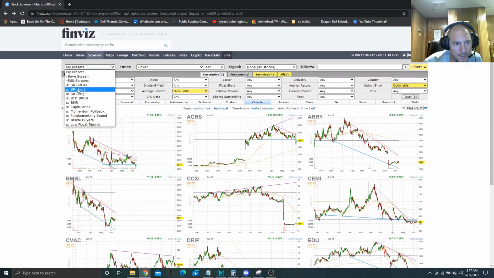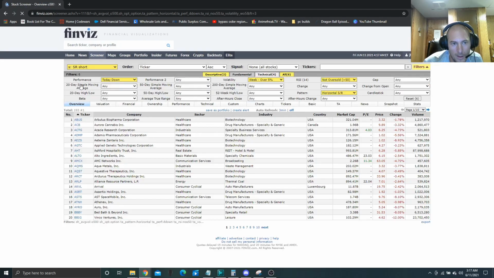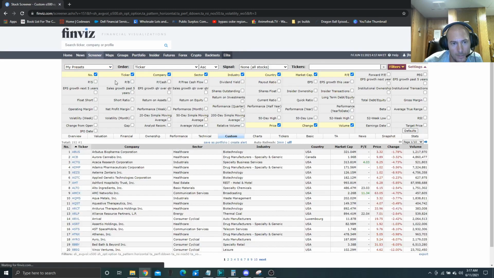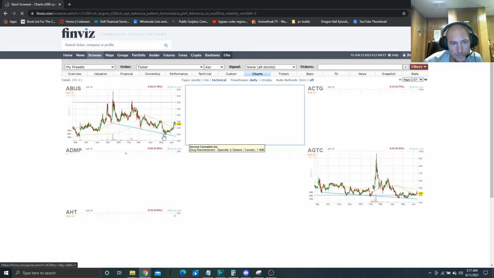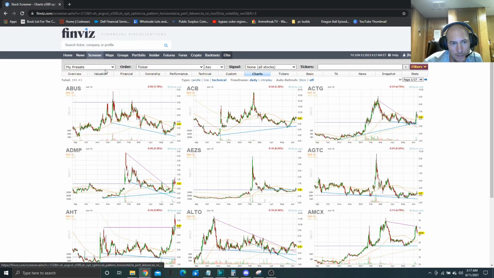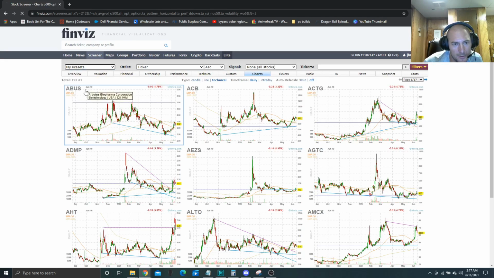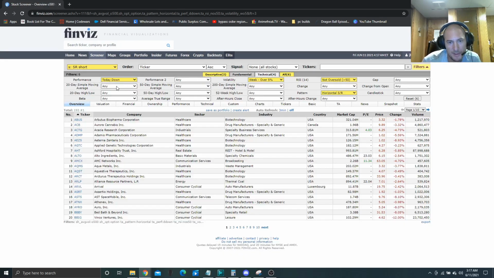Same thing. This is my short. Everything's going to be the same, except that, oops. Oh, what did I do? Let's go back to that. SR short. So everything's going to be the same except today down, and it's going to be not oversold